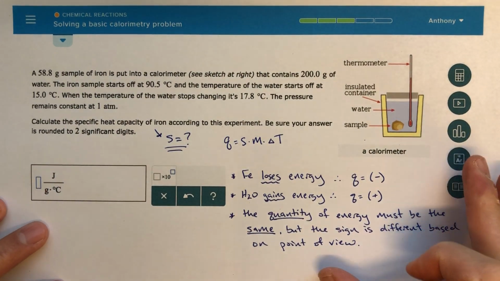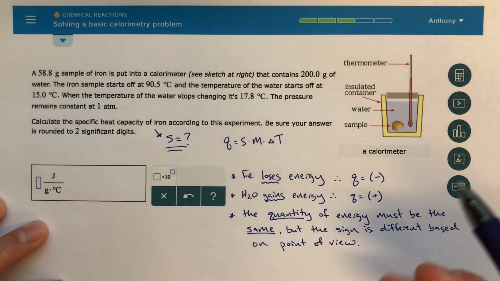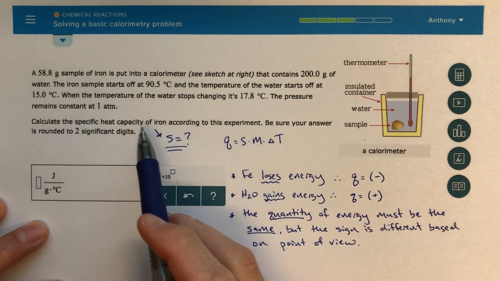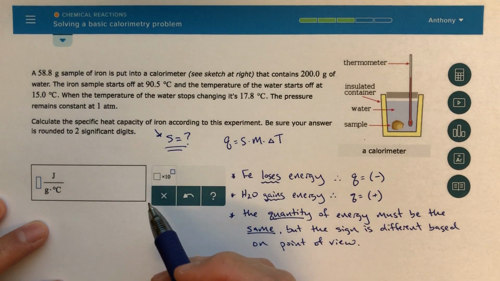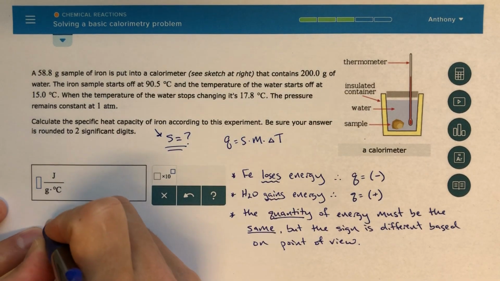So now the next question becomes, well, what can I solve for? Is there a quantity that I can solve for? We're looking for some information for the iron. So I think pretty clearly that's not going to be our starting point. We're going to figure out, well, from the point of view of the water,